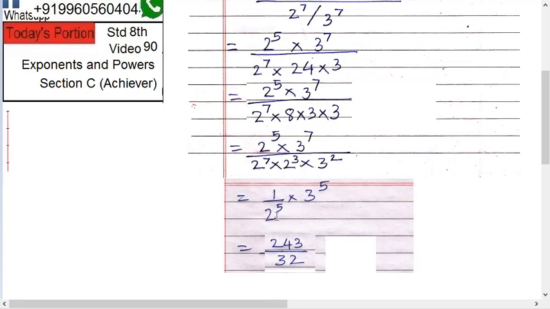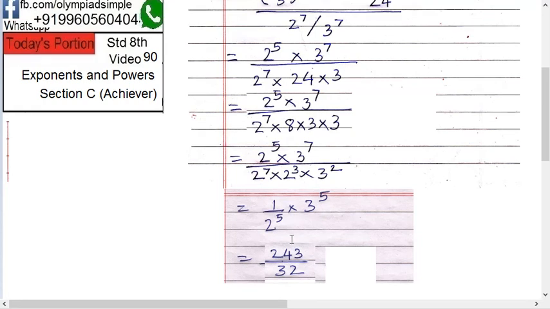See here, this you need to remember. I'll show you just now what are the powers which are needed to you throughout your competitive exams, throughout your life. Let's first complete this. So the final answer is 243 upon